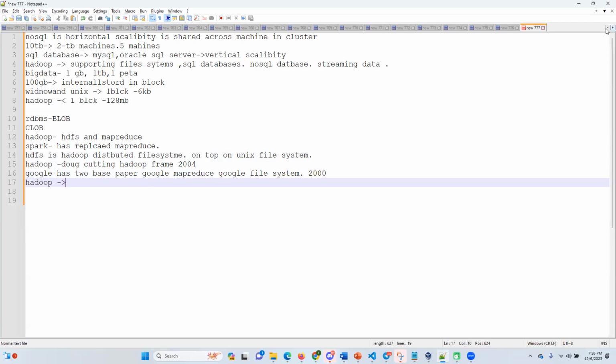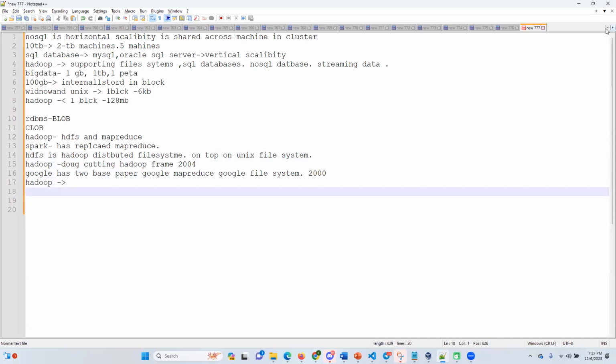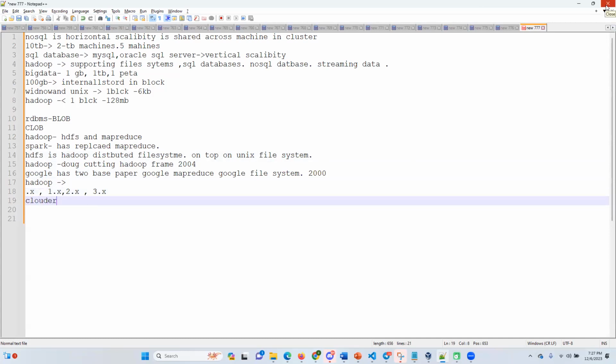So in 2004 he started work and gave the initial release, and the 0.x versions started. Then 1.x came, then 2.x, and now the release is going on 3.x, like 3.3, 3.5. And this guy is now the CEO of Cloudera. So Cloudera is a distribution. Hadoop is the vanilla Hadoop. Vanilla Hadoop is the original Hadoop,